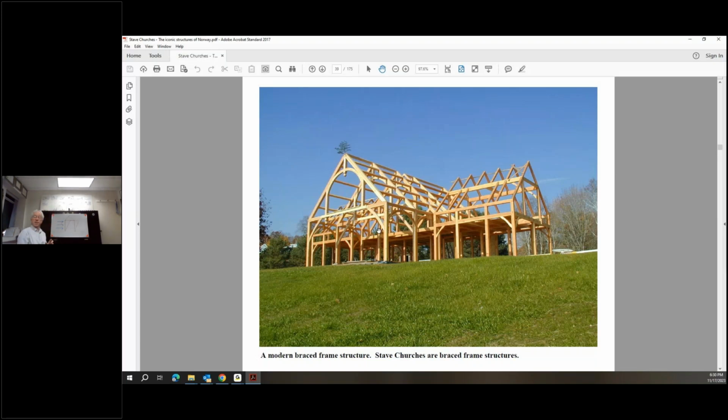So bracing is essential in these buildings. You'll hear them called post and beam structures as well. But the post and beam structures don't work well unless they are properly braced. So you need that triangulation, and because every structure has wind that blows against it, in order to keep these structures plumb, straight, and true, the bracing